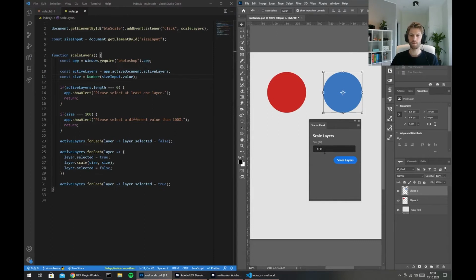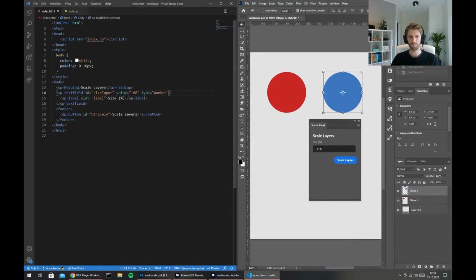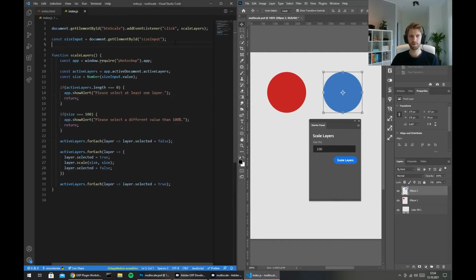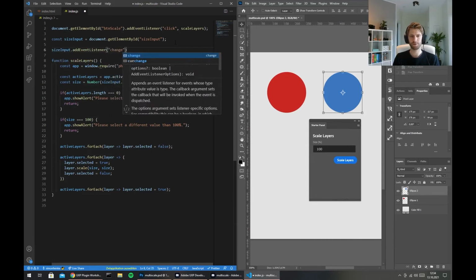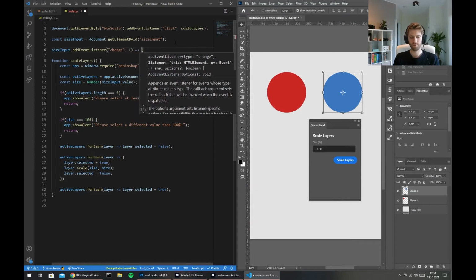So why do we even want to do this? Now, if we enter some value here and save our plugin, it will always reset to the default value that we set here. So let's add some event listener. We will listen to the change event here, and on every change we will open up this anonymous function here, and